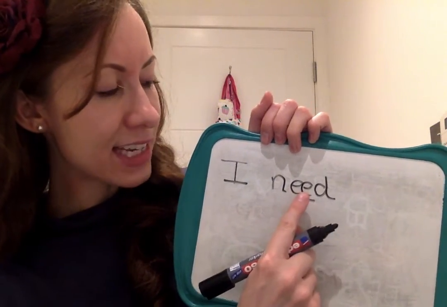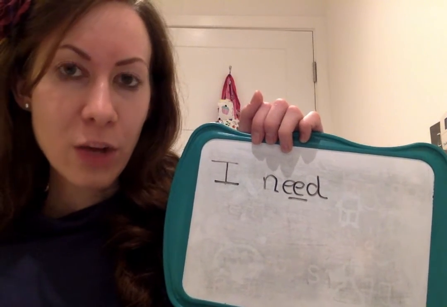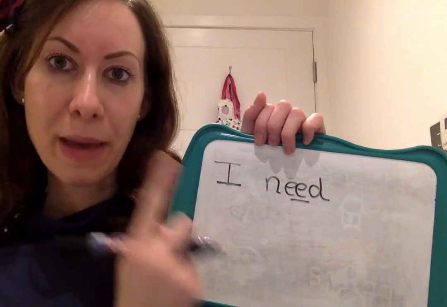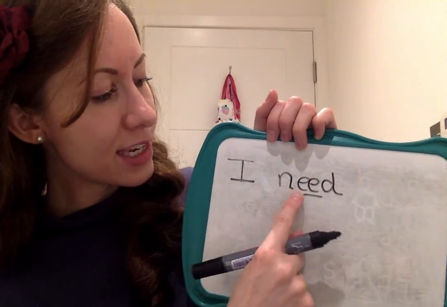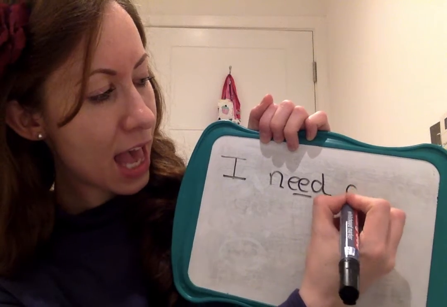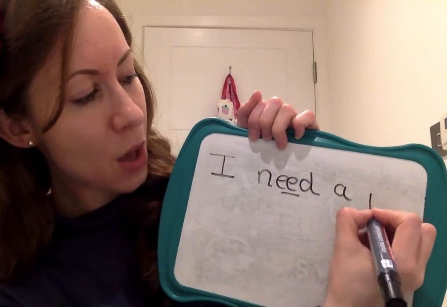So two E's together make the E sound, and when we have two letters that make one sound, that's called a digraph. So I need, finger space, a, finger space, pot,